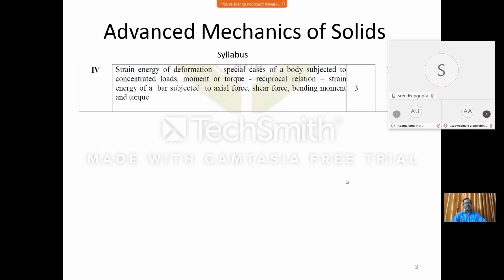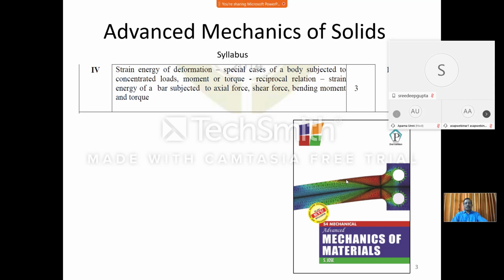The students need not have any in-depth knowledge about the three-dimensional stressed system. They need to have some basic information about what they have studied in S3 mechanics of solids, the basic definitions and basic equations. That will be enough for learning this topic and performing well in the examination. I will be following this textbook, which is authored by me and included as a reference textbook in the KTU syllabus also. The notation schemes followed in this book will be utilized for this class.